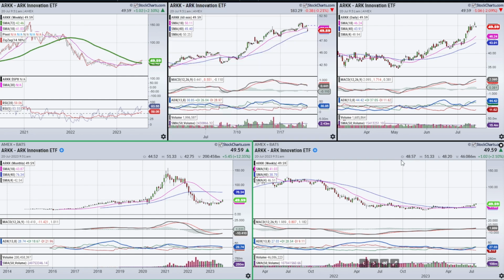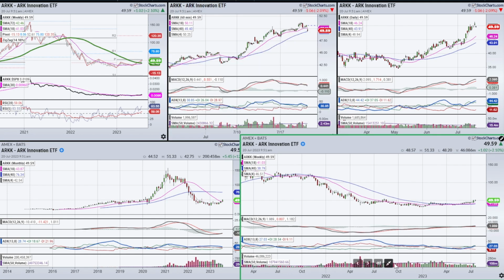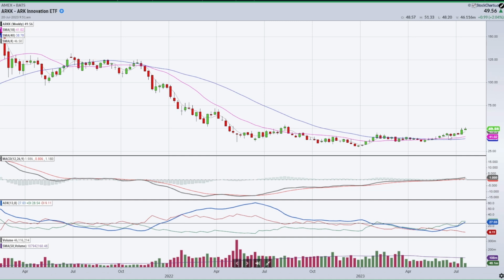All right, let's look at the ARK fund. I want to point something out here. A lot of stocks have been showing this sort of basing pattern and emerging strength. And we had the MACD showing improvement crossing the zero line, and we've also shown green DI showing improvement as well. Notice how this ADX line has been rising with price as it moves up. So as we show that kind of confirmation,